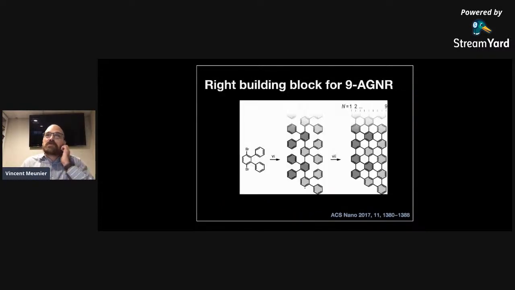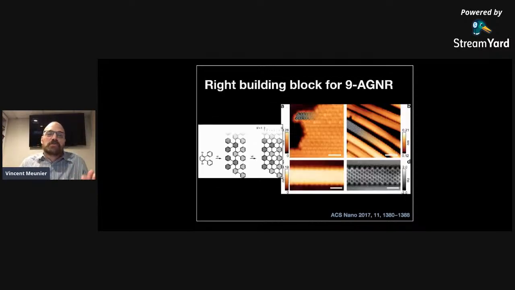For example, you can also use another building block, another Lego block, and you can put it together, doing some chemistry here, again, the Ullmann coupling chemistry, and create this particular structure here. And again, this is not just a figment of the imagination. You can see the experiment both in STM or in non-contact AFM, right on the right-hand side, and you can actually see that each atom is exactly where you want it to be. I mean, this is a big deal. That's not just a video game. You can actually create structures where you know exactly where each atom is located.